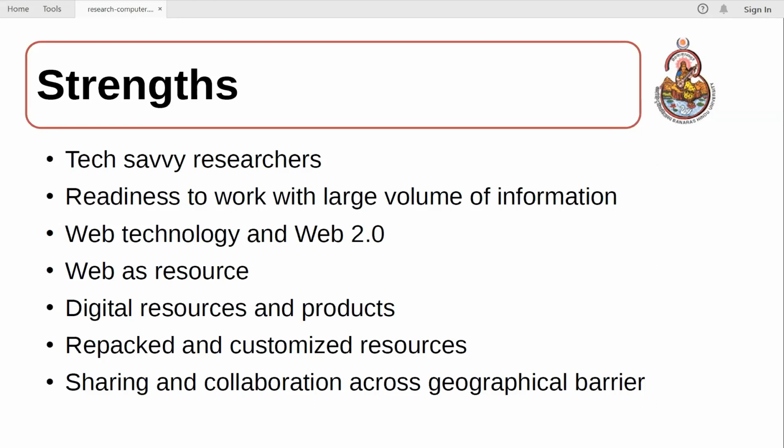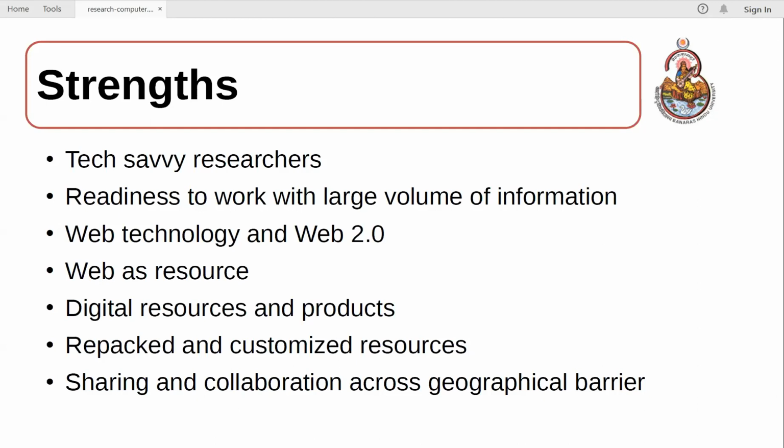In fact, a lot of customized resources are there. If you ask somebody, customized services are there, which can save a lot of your time. Of course, some services you need to pay for, but if you pay for these services, it saves a lot of your time. So a lot of strengths are there because of the use of ICT today,